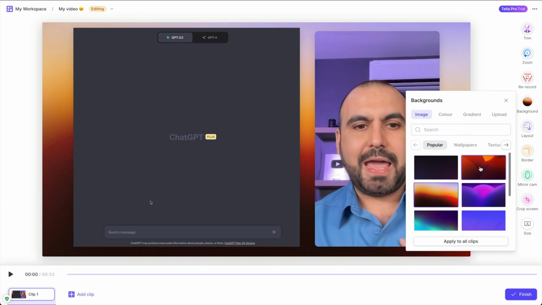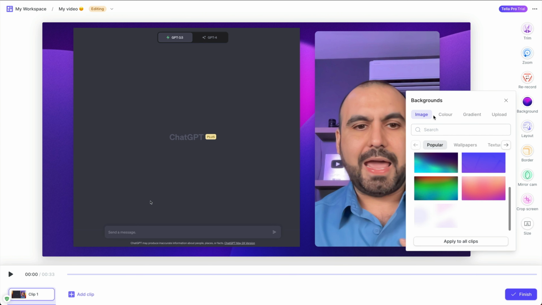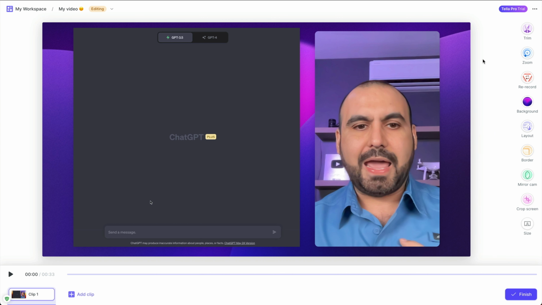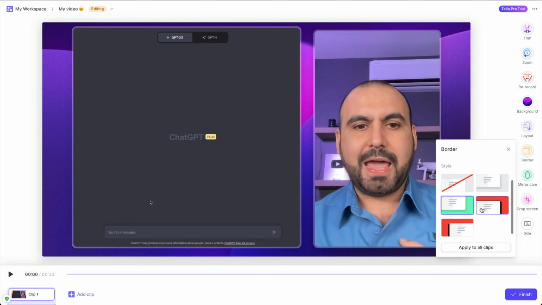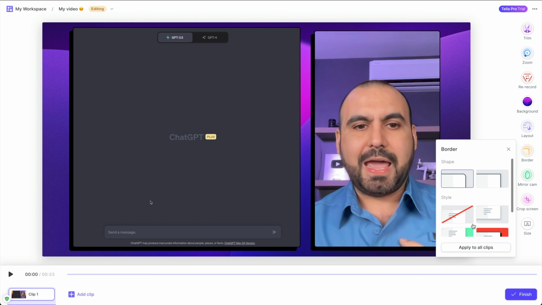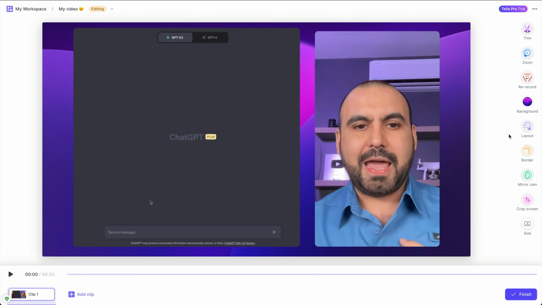You can also change the background. So that one is a little bit nicer in my terms, but you can change whatever you want. You can change other backgrounds, colors, gradients, or upload your own background if you like. There's the borders, so you can see it's rounded off. I can make it square, round, change the style if I like. You can see that there. Changes it up a bit, apply to clips. In this case, I don't like that, so I'll remove it. I like it just like that. It looks really clean, okay?